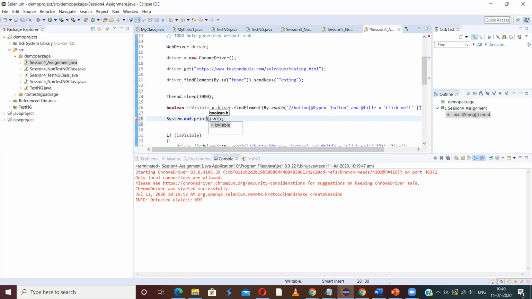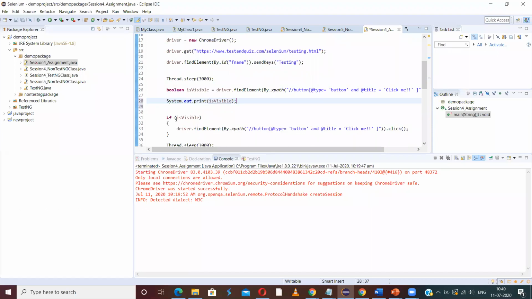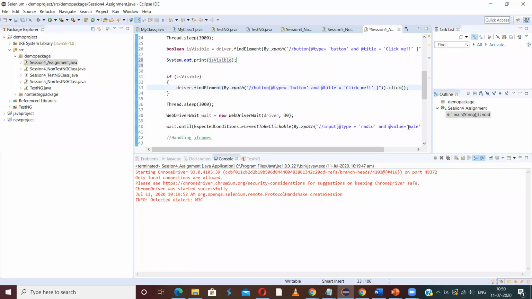I have taken a Boolean variable and named it isVisible. It will print whatever value the isEnabled method returns. And I'm using it in a condition, and only if it is true will it perform the action. So my purpose is met here. I am clicking on a button only after making sure it is visible. That is the answer for the second exercise.